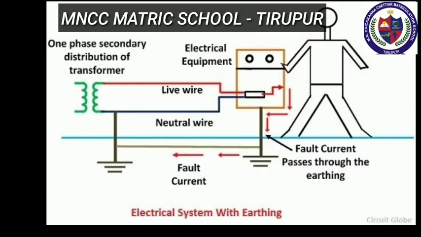Next we move to earthing. In domestic circuits, a third wire called the earth wire, having a green insulation, is usually connected to the body of the metallic electric appliance. The other end of the earth wire is connected to a metal tube or a metal electrode. This wire provides a low resistance path to the electric current. The earth wire sends the current from the body of the appliance to the earth. Whenever a live wire accidentally touches the body of the metallic electric appliance, the earth wire serves as a protective conductor which saves us from electric shocks.